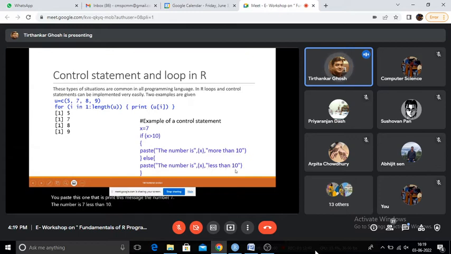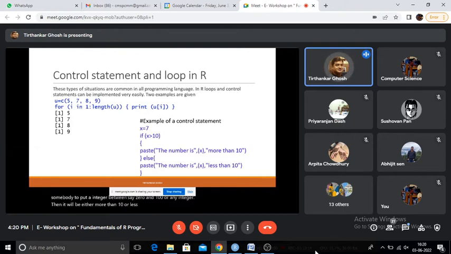So the problem is very simple. Using our code, we are going to check whether a number is more than 10 or less than 10, and print the message: the number x is less than 10 or the number x is more than 10. Because when we ask somebody to put an integer between, say, 0 and 100, or any integer, it will be either more than 10 or less than 10.